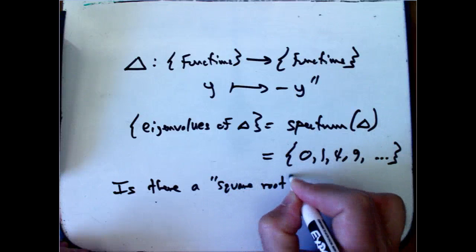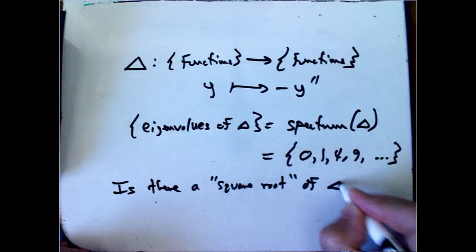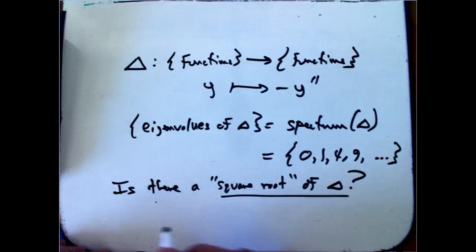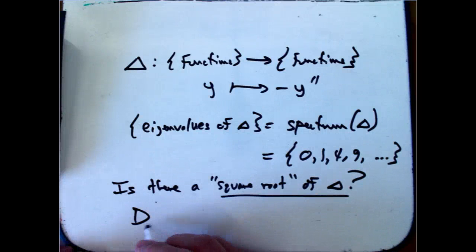And the question is, is there a square root of the operator delta? Okay. So what would that mean? What would a square root of delta mean? It would mean some weird operator, and it's not going to be that weird at all, actually, but in general it can get a little bit weird when we go further. Some operator d,